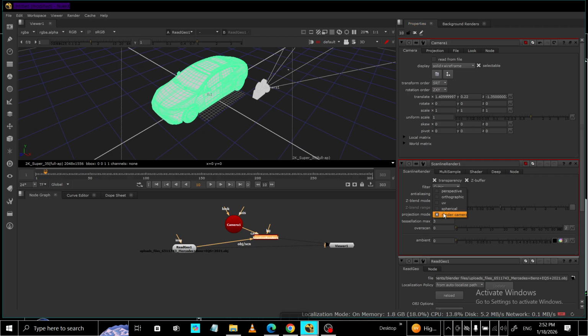Finally, if the model needs repositioning, add a transform geo node. Use it to move, rotate, or scale the object so it sits nicely in frame. A small uniform scale often helps when imports arrive unusually large or tiny. That's it. ReadGeo to load the OBJ, camera to define the view, scanline render to convert it to 2D, and the viewer to preview, with optional shaders and a